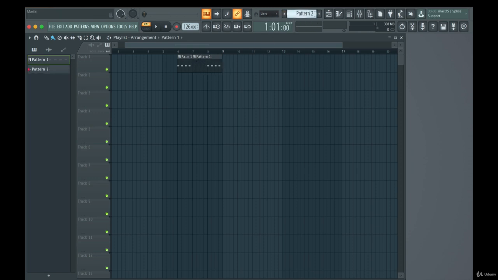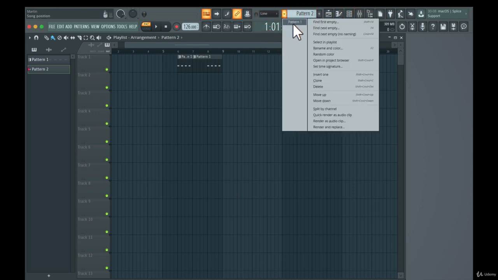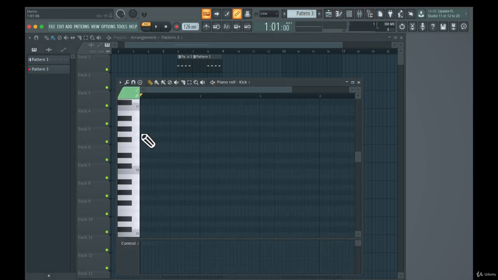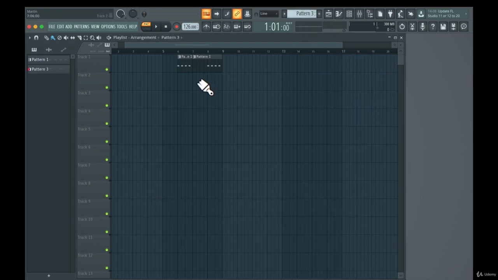So if I just go to pattern 2, so I go up or press just plus, I can also create the name there, or I can go here and find next empty, for instance, like that. So now that is pattern 3. Now I can go to the piano roll. I can write out something else. Let's say I want that kind of pattern for pattern 3. So now if I click here, you will have pattern 3 with the same data that we created in